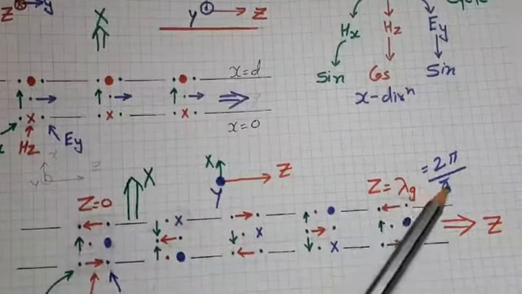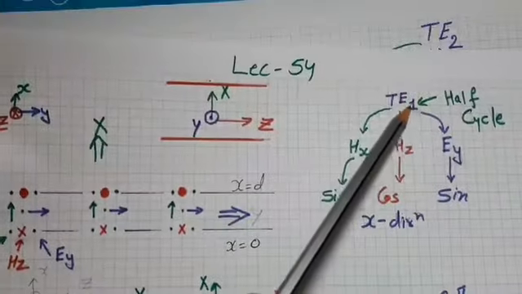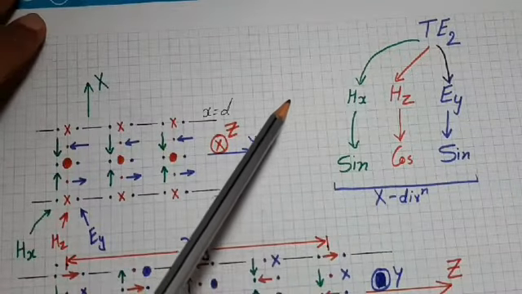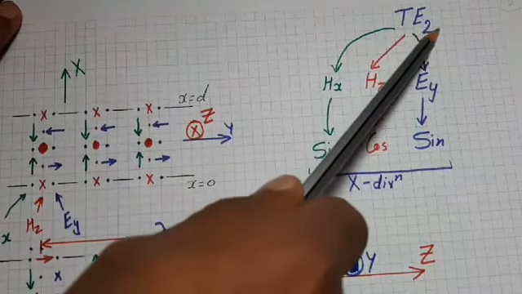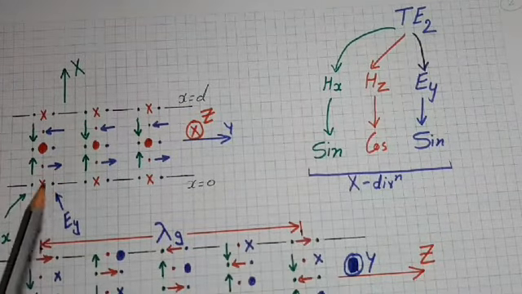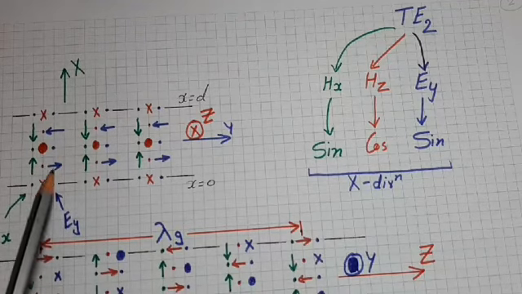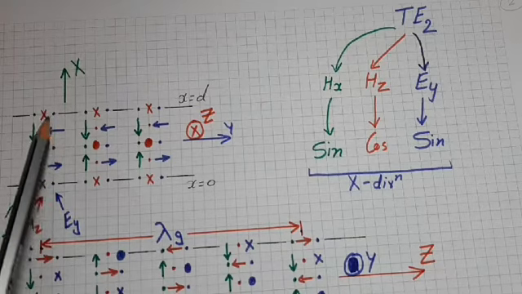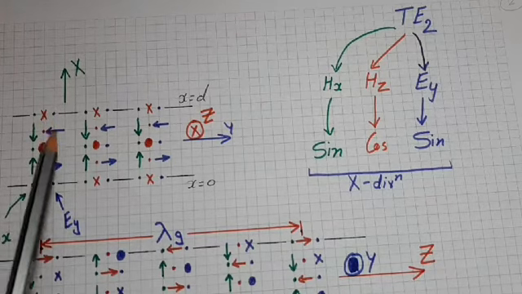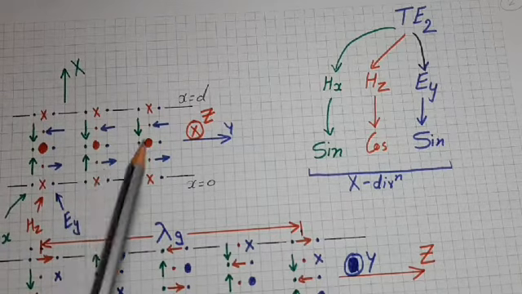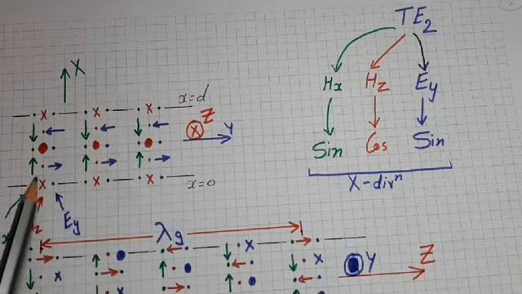Now after plotting TE1 mode, similarly we can plot TE2 mode. TE2 means here m value is 2. Because m value is 2, that's why in between the planes, 2 half cycles would be present. 2 half cycles means one complete cycle would be present between the planes in x direction. So for TE2 mode, in front view, same plot would be applicable, only one more half cycle would be added.